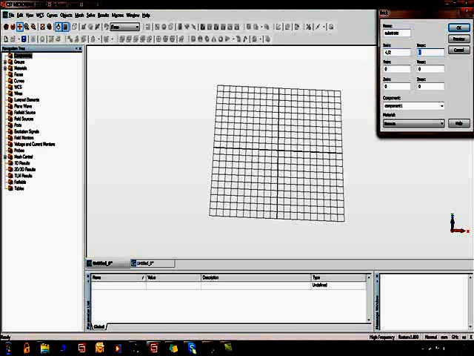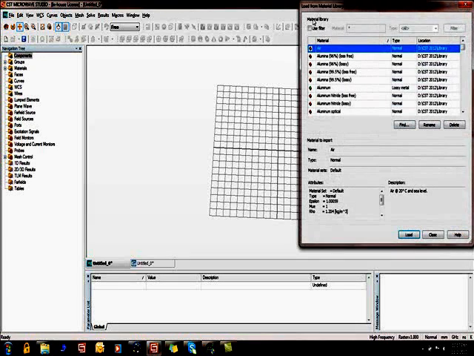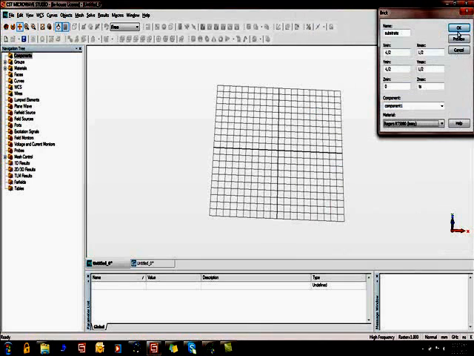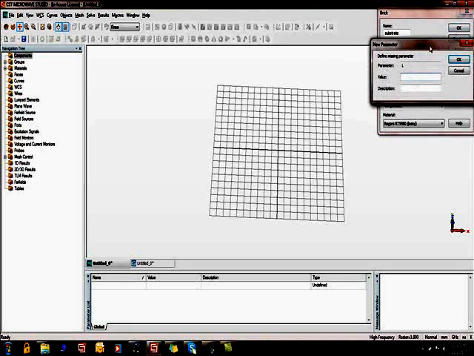L by 2, W by 2, okay, minus L by 2, W by 2, 0 to TS, and then select material, Rogers 5880 lossy, click load and then click OK.